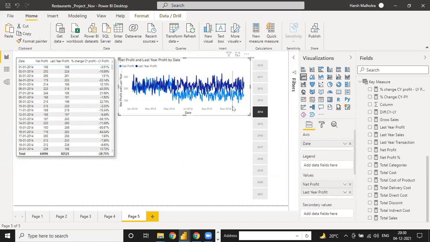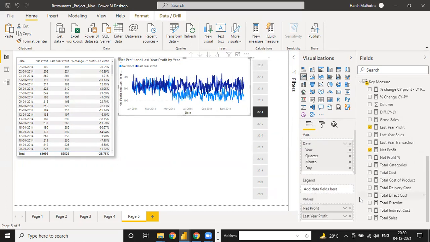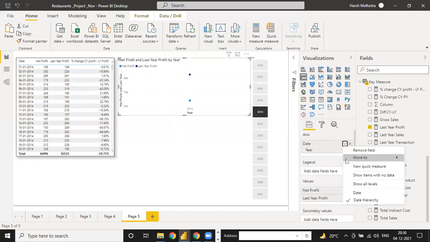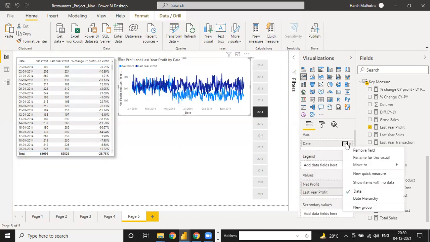So for this line chart, go to click this line chart. Okay, instead of date you can use date hierarchy. Okay, and just click this date out, month out, quarter out. And now it is year wise. So last year's sales. Okay. Hmm, just go to this. If I use this option, now it is database.